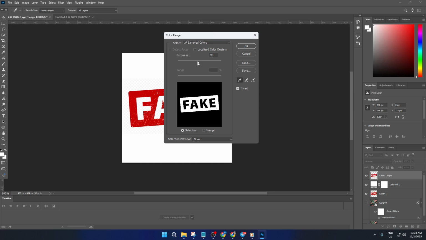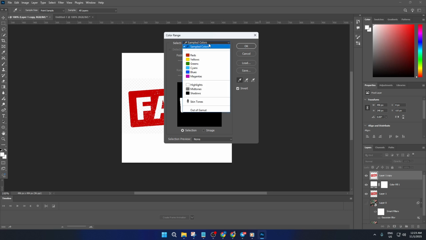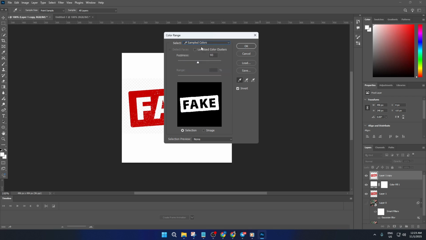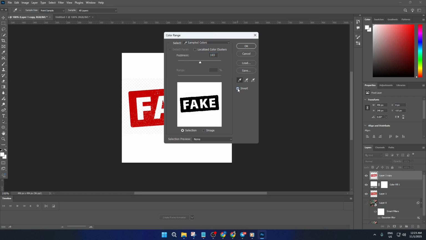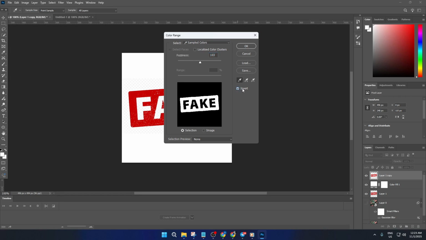Now, to focus on keeping the subject and not the background, check the invert box. Click OK once you've got a nice, clear selection outline around your main object. Almost done now. With your selection active, look for the mask icon at the bottom of the Layers panel. It looks like a tiny rectangle with a circle inside. Click that and Photoshop will apply a layer mask to your image, effectively hiding the background and letting the color